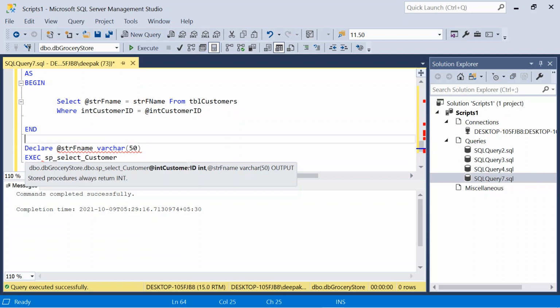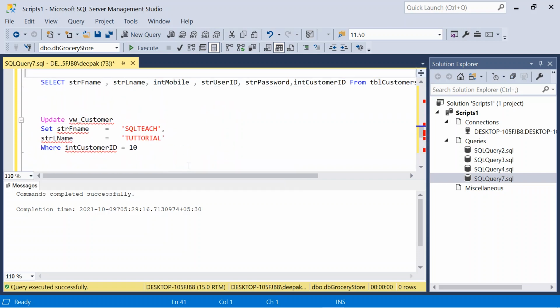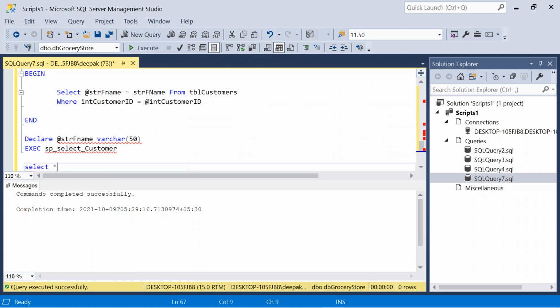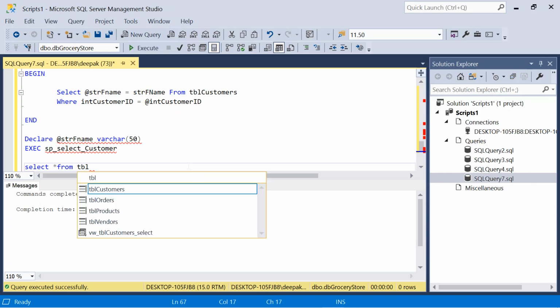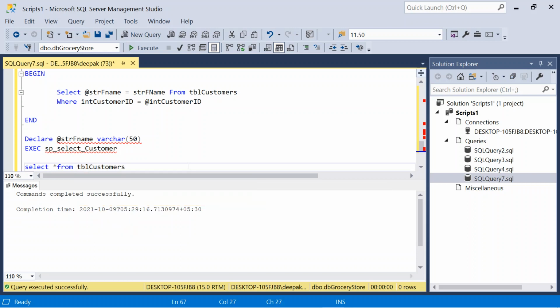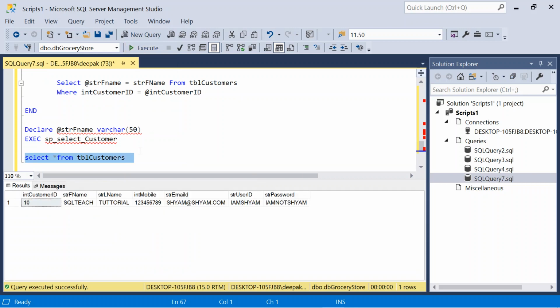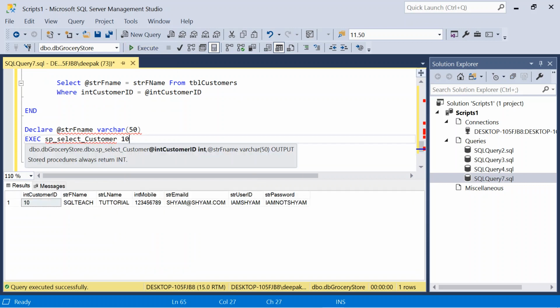Okay, let's check which record we have. I am adding star here because this is just a select statement and is not stored in any database object. Right, so we have customer ID 10 and the strfname output.